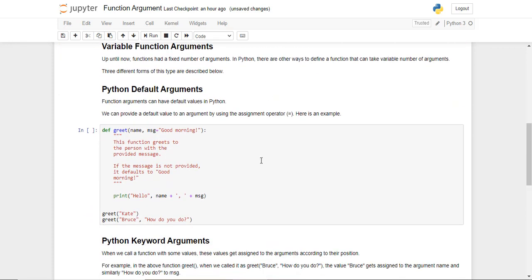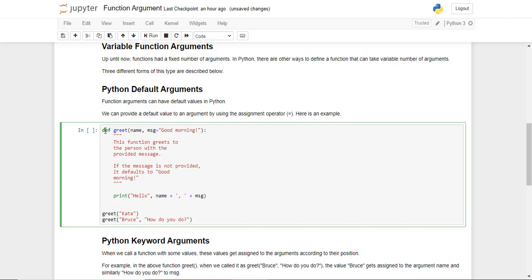One of the ways we can do it is by using what are called default arguments. Default arguments can be defined at the time of defining the function itself. So here we are defining the function greet again. We say take this argument and call it name. So name is the variable within the function that will be assigned to whatever comes in here. And the second variable within the function is going to be msg. But this time we are also saying msg equals good morning. So we are initializing msg right here within the definition of the function itself.